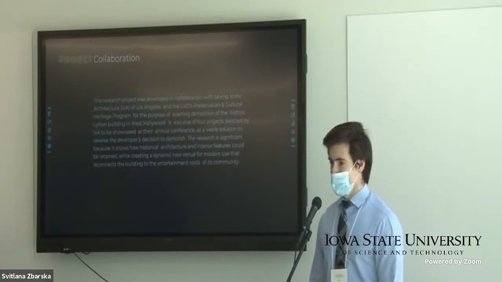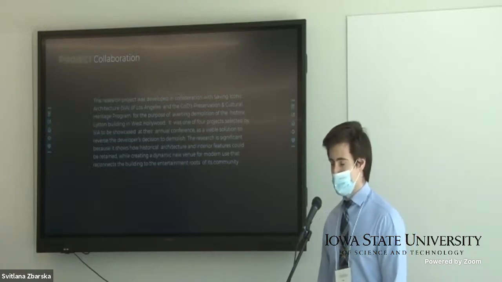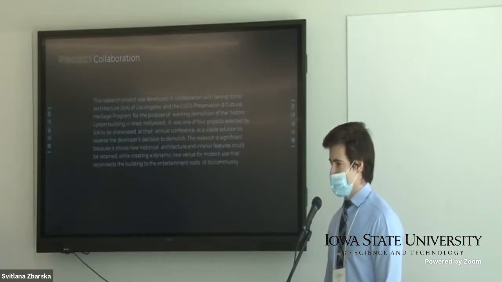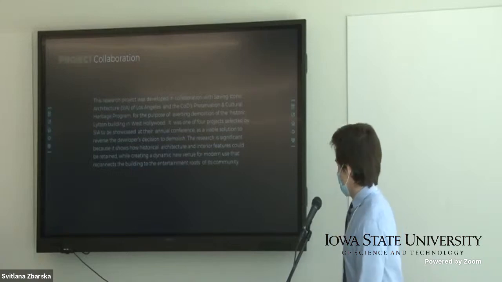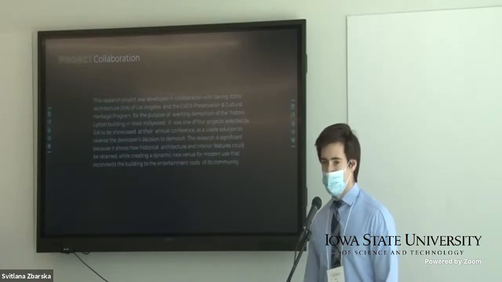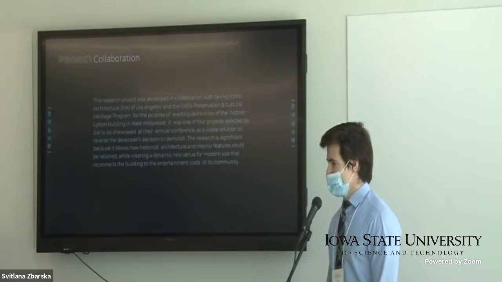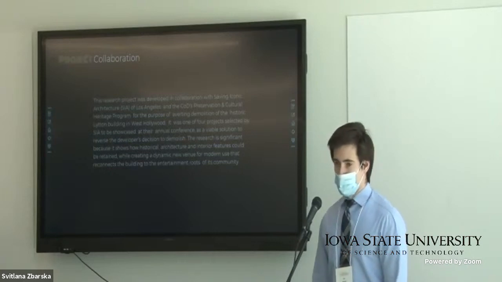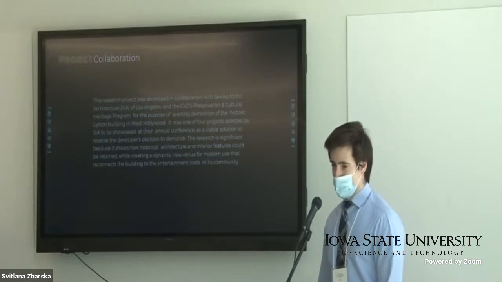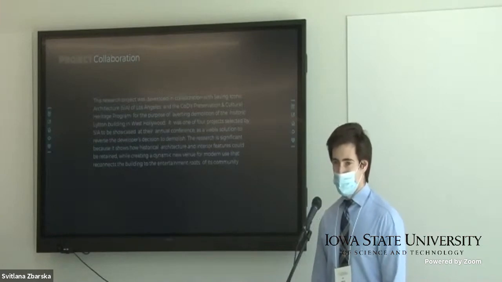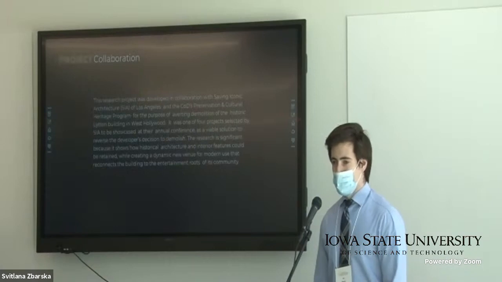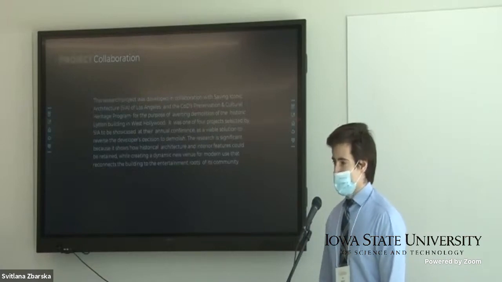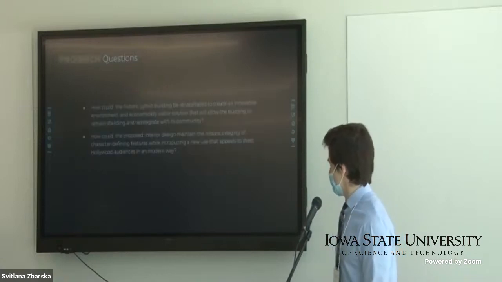The first was Saving Iconic Architecture out of Los Angeles, who worked directly with us for the preservation and providing some research as well as imagery, as well as the College of Design's Preservation and Cultural Heritage Program, which assisted us in our preservation techniques. This was also one of 4 projects that was selected by Saving Iconic Architecture to be presented at their annual event as an exemplary example of how you can save both historical, interior, and exterior elements while combining a new and innovative concept.